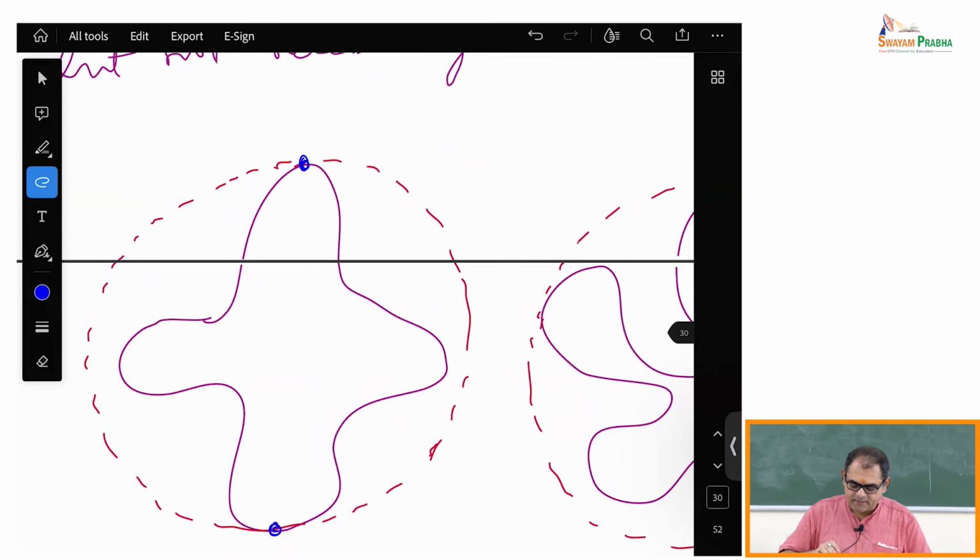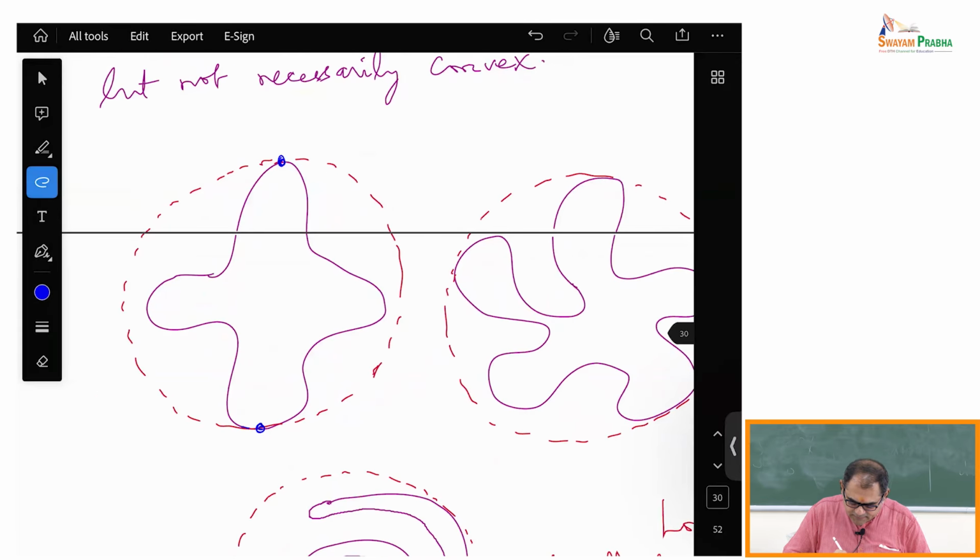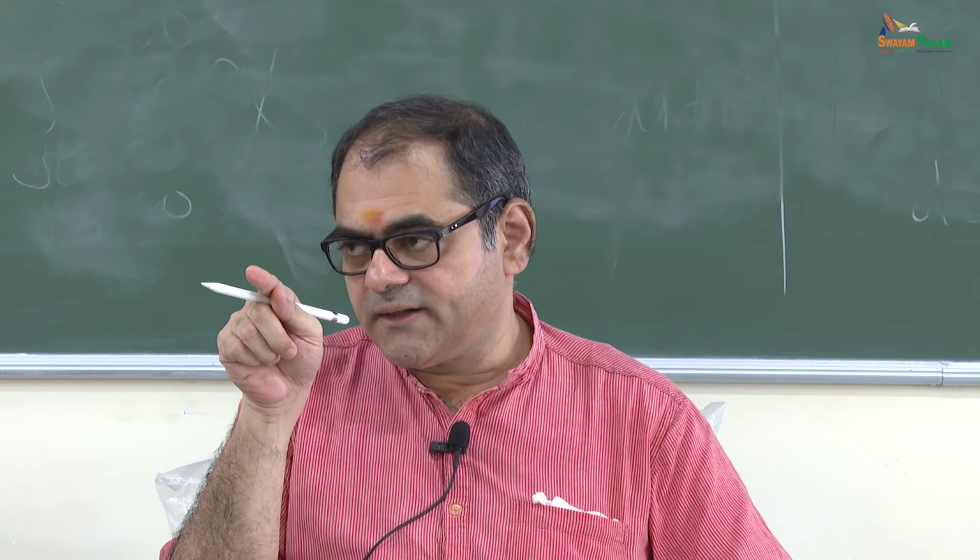Sometimes it may happen that an arc of a circle itself lies on the curve gamma. We would like to discount such a case in general, because